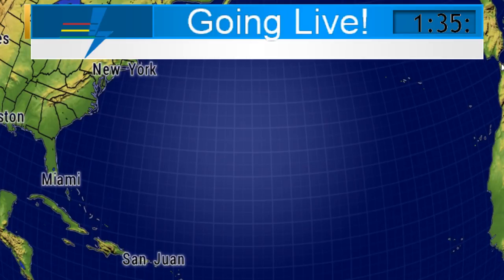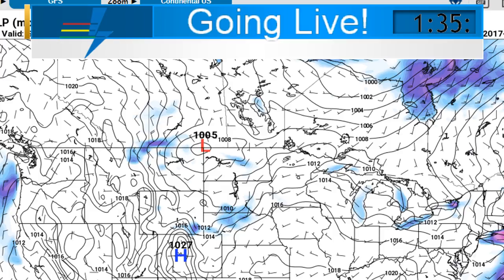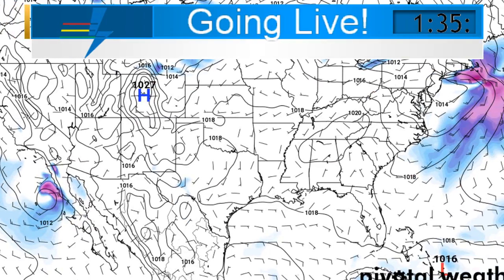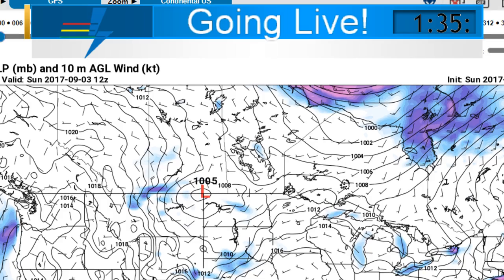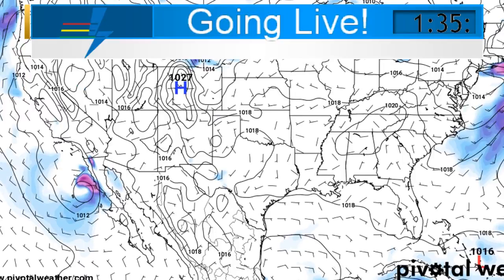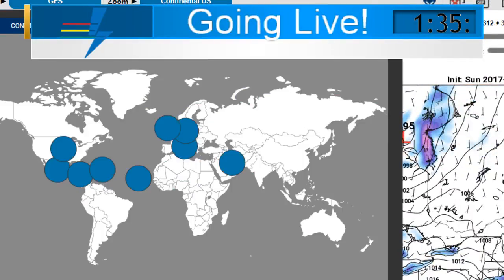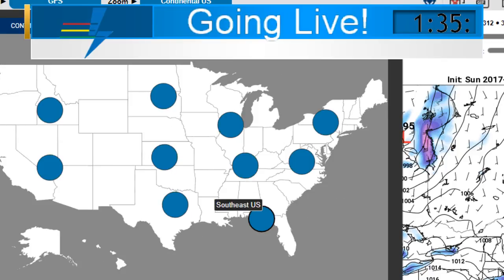But now let's go back to pitifulweather.com. On this website, it really is a great website, we can take a look at what these weather models are thinking. So if I go up here and get this animated, here's what I'm going to do. I'm actually going to talk about the southern United States. If we go to the southwest, the mid-Atlantic,